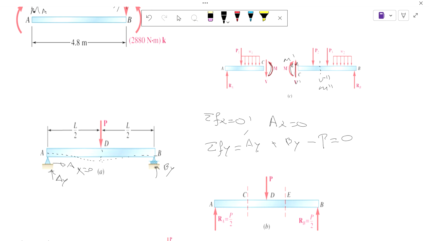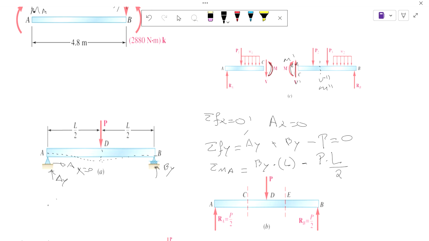Okay, so you have 2 unknowns, and you need another equation. Summation of moment at A is equal to By times L over 2 plus L over 2. So 2L over 2 is L, right? The distance between A and B is L, and this is a positive moment. And P is a negative moment, so P times L over 2. Therefore,